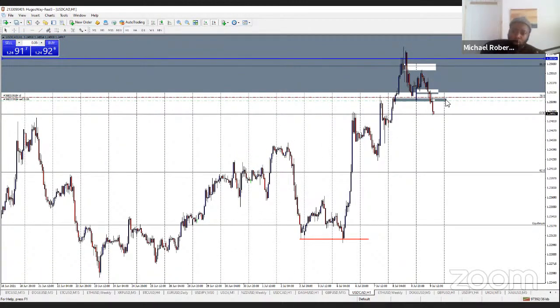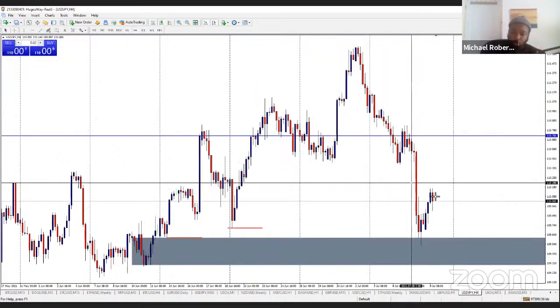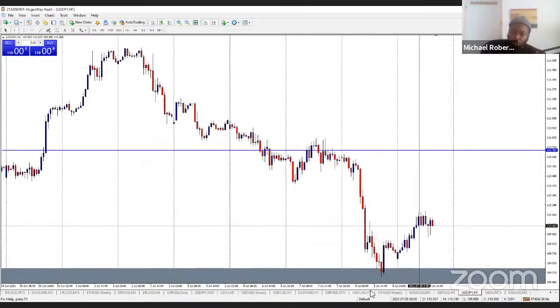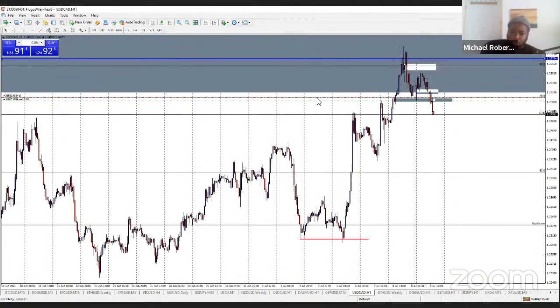So USD Japanese yen, as I was saying before, is also pushing short. And I'm hoping, let me switch charts here, that the price will follow through. At the moment, USD Japanese yen is not really doing what we want yet, but USD CAD is dropping as it's supposed to. And the price action is getting towards areas that I'll be looking at for another entry possibly. So right here, we have an important piece of price action from the wickage to the body of the candle. So when the price falls into this area, I want to see how the price behaves.